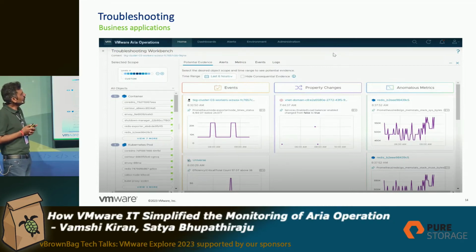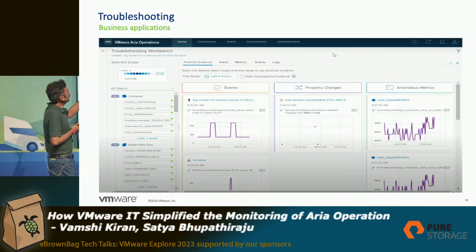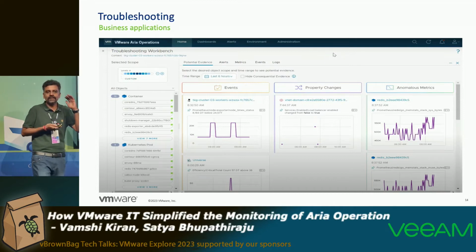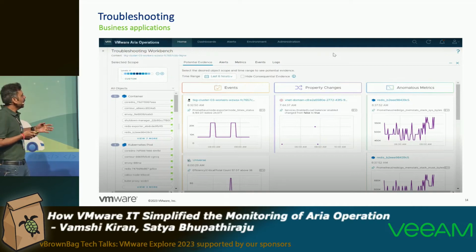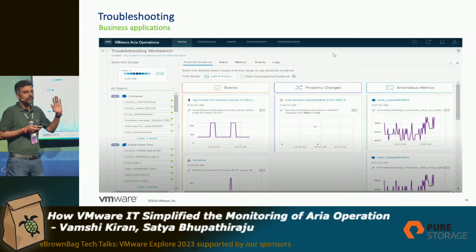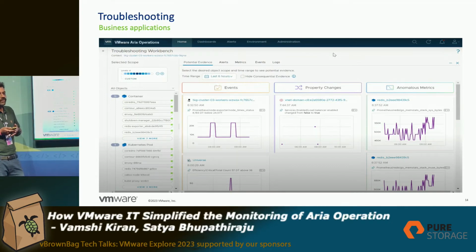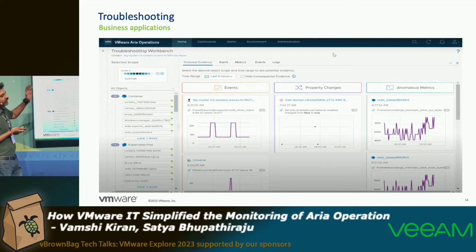So we have the troubleshooting workbench. This is one of the great features that we have in ARIA Operations. Using this, you can level up and level down based on whether you want to look at the container, the VMs, or the checks. Based on that, we have different capabilities using all the management packs, even if it is a process or a database, all the events will come into this place. This is one of the great features we have in the tool, which we can leverage and make use of.